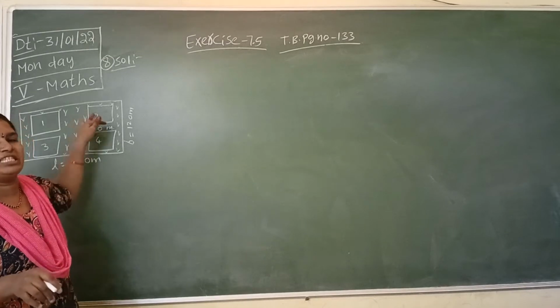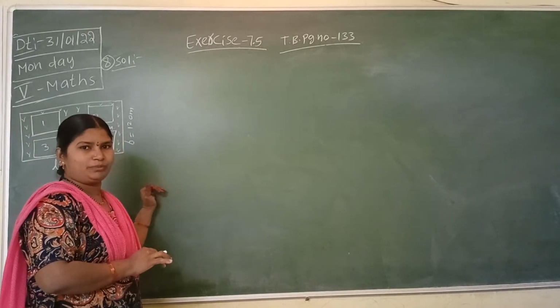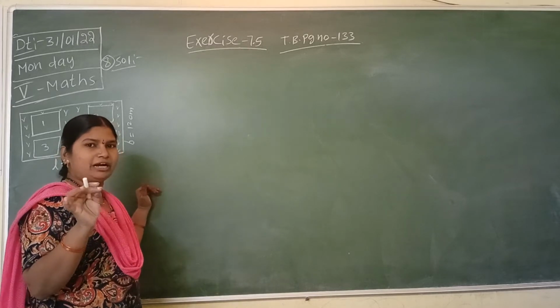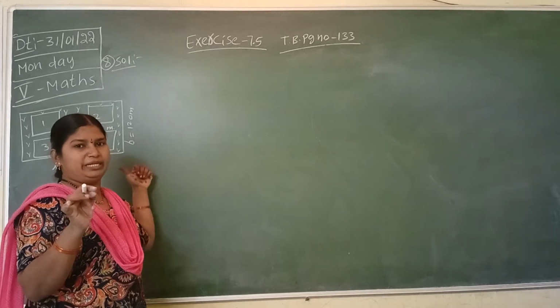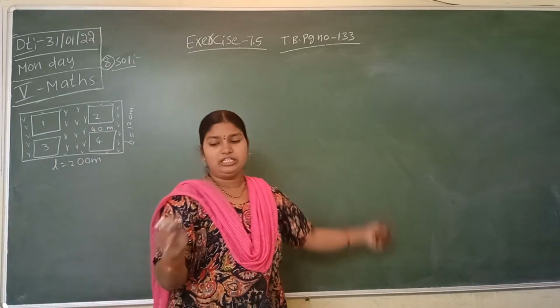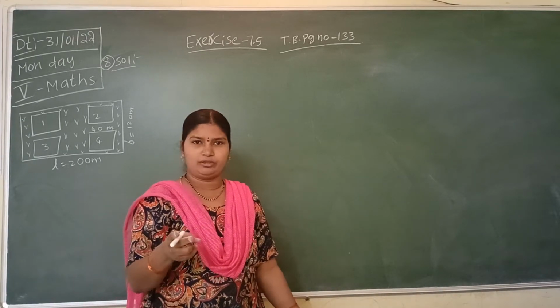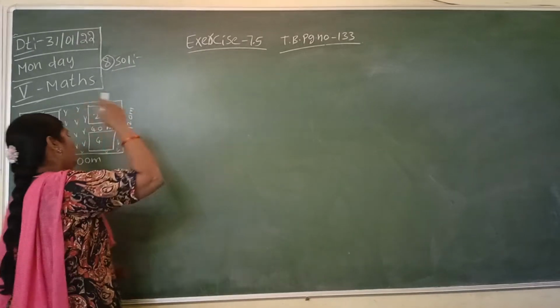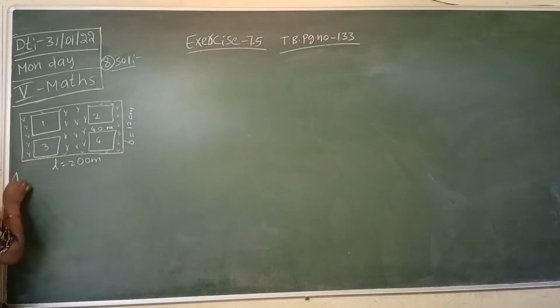So you have to find out the area of the given rectangle and you have to find out the area of a square. Then you have to subtract that value. Then you are getting the area of the rectangular field inside without the flower beds. Then you have to multiply with 20. Why? Because they given per 1 square meter equal to 20 rupees.